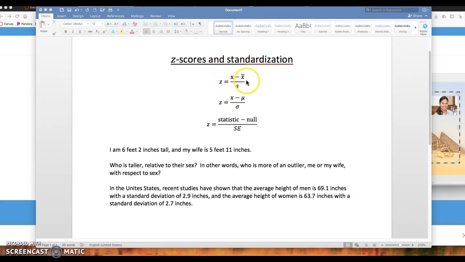So this first formula here would be for sample data. For the population data, z is x, which is a data point, minus mu, the population mean, divided by the standard deviation. And if we're doing a hypothesis test, we have the statistic minus the null divided by the standard error. But one way to think about it is